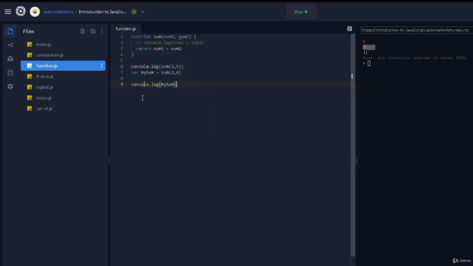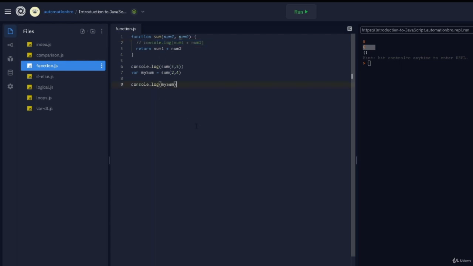So this is a pretty easy example of a function. Let's take a look at why we actually use a function. Obviously, like you noticed over here, instead of continuing to call console.log, we are able to reuse our code. We are putting in logic. Let's say it's multiple lines of code, we can reuse it as many times as we want, and we can take advantage of functions that way.